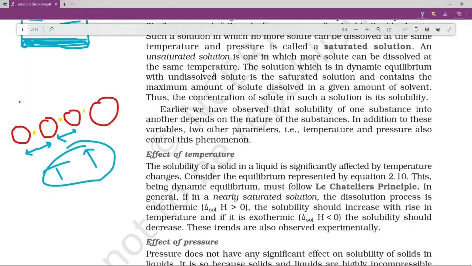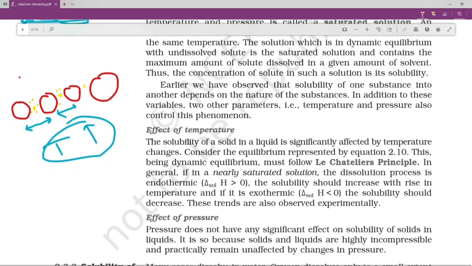Due to the increase in this space, more amount of solute can now be adjusted or collected in the same given space. So at a higher temperature, more solute can be accommodated. You can see clearly that earlier only one solute was there, but as the temperature increased, more solutes started gathering in between the space. So this is how solubility increases with temperature, and that shows the dependency of solubility on temperature.